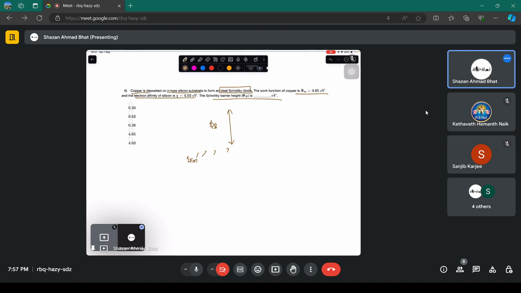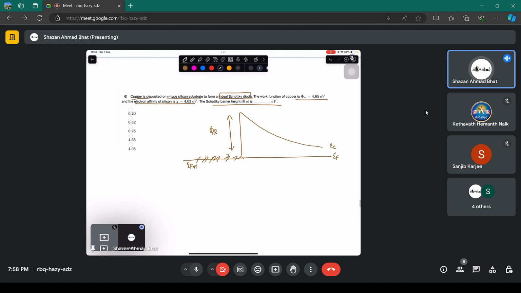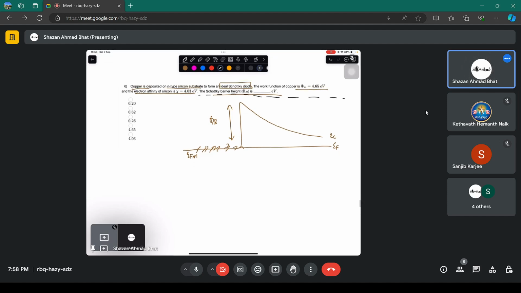I should not show it like this. The Fermi level has to be the same. This is the Fermi level. This is the conduction band. What is given? Electron affinity. Let's say somewhere here there is a vacuum level. This is the electron affinity, 4.03 electron volt, and the work function of the metal is given as 4.65 electron